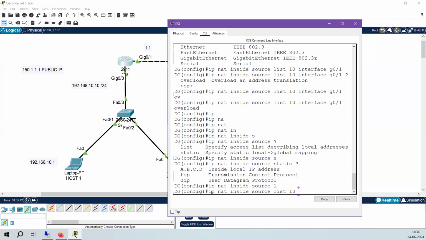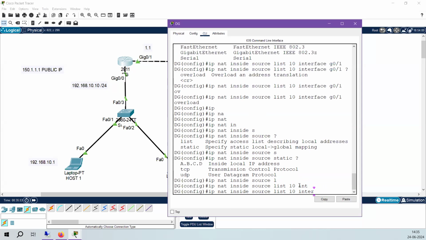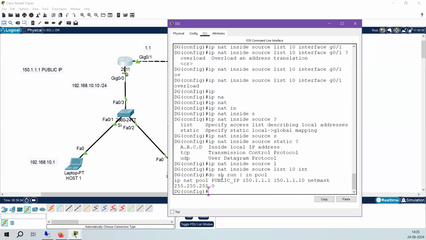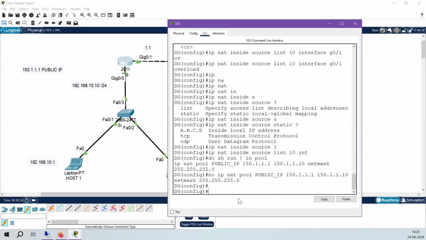Now inside that pool, let me change the pool only. I can change the pool and put this address only, which is my interface one. What I did is use the same pool and go with the interface here. So I can do one thing. Let's do show run include pool. This pool I'll remove,